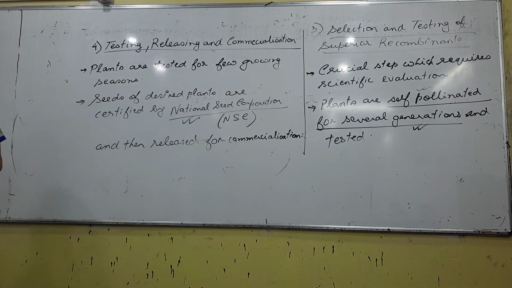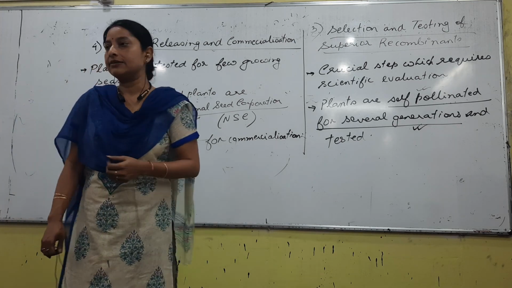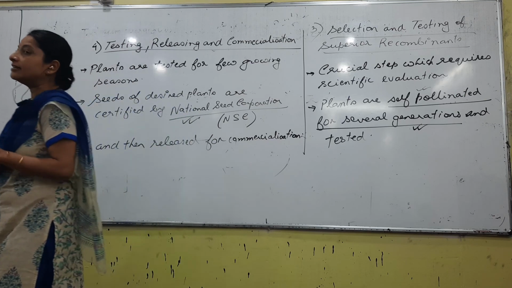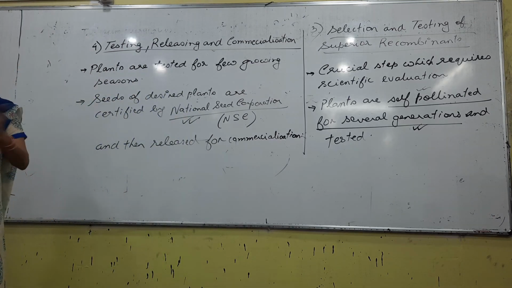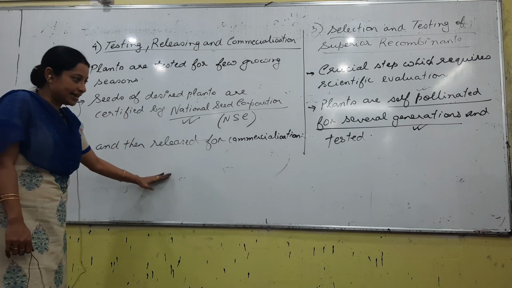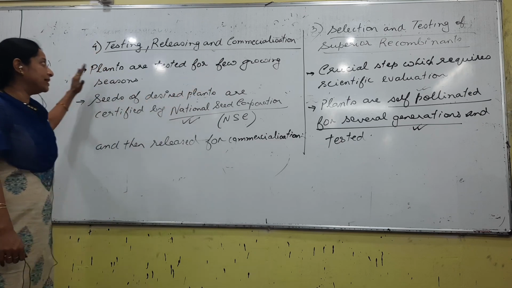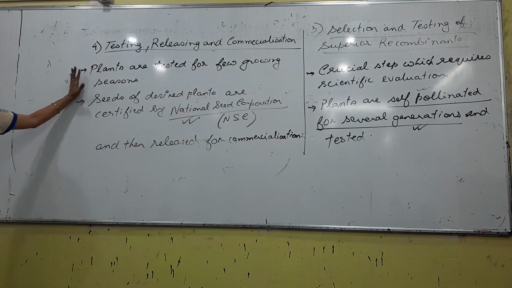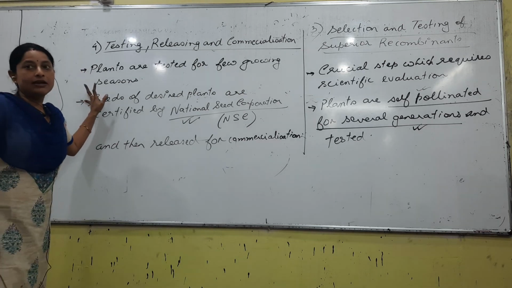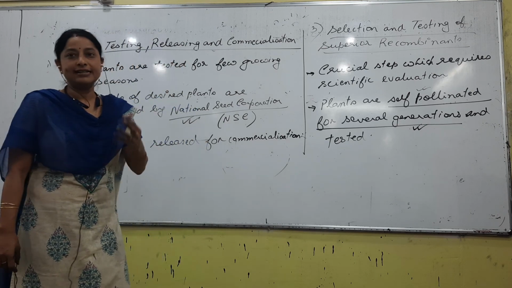The first that we have studied is plant breeding. What is plant breeding? It's a technique of changing the trait of a plant. Why do you go for plant breeding? To get an improved variety. How will you go for plant breeding? We have certain steps for that, and the 4 steps are collection, selection of the parents, selection of the recombinants, and then testing, right? As far as collection, what you need to remember? The word germplasm. The next words to be remembered are indigenous and exotic, right? We have to keep these two terms in mind.